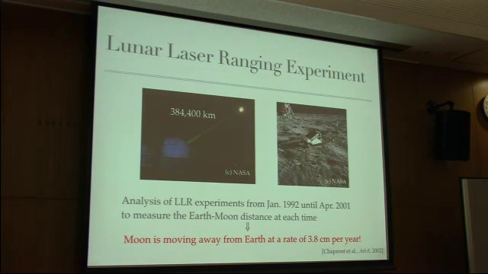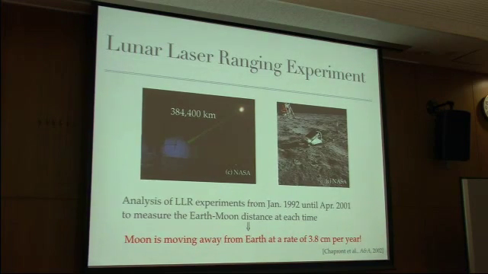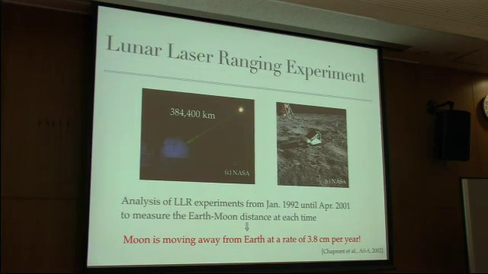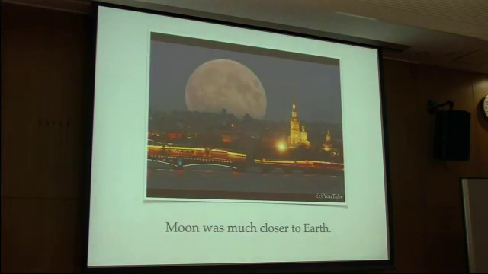Then they found the Moon is moving away from the Earth at a rate of 3.8 centimeters per year. So if it's correct, it means the Moon was much closer to the Earth before. It's a very surprising fact, isn't it? I don't know if it's correct or not. But